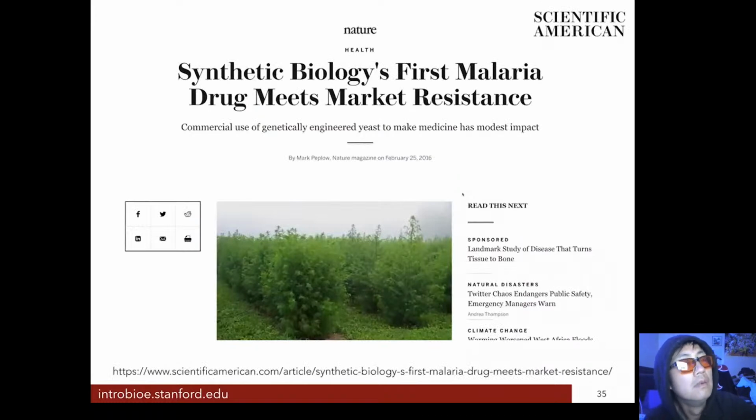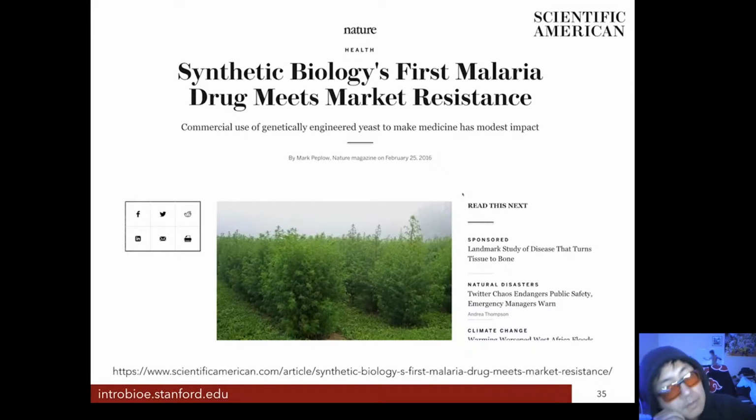there's some market resistance. There are people who are maybe not as happy with the use of genetically engineered yeast to make medicines because it's not making a whole lot at first. That titer, although pretty good, could be higher, and the process of producing artemisinin in yeast could yield more artemisinin per cell. People were excited to see it, but were maybe a little disappointed at first at the yields, but also,